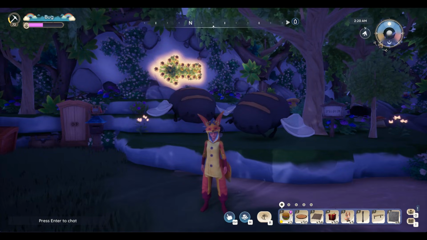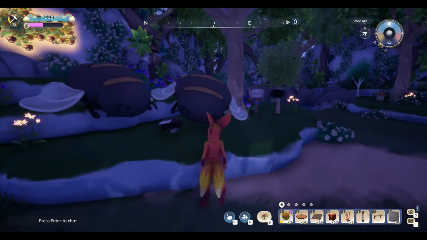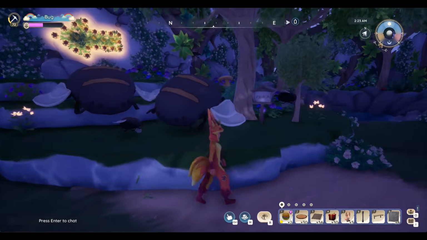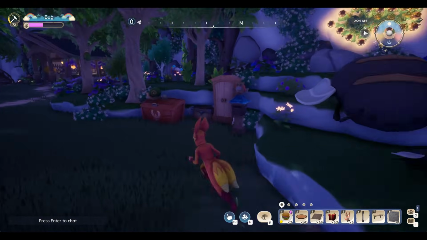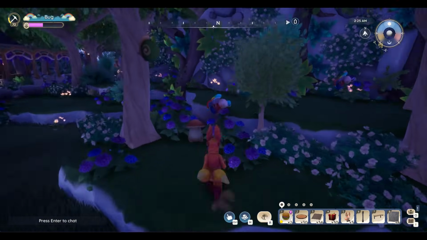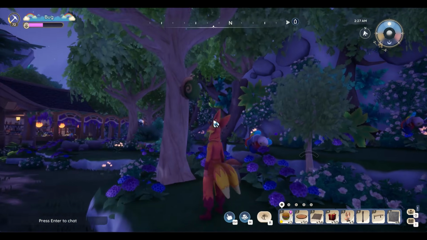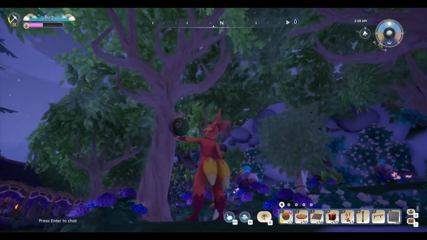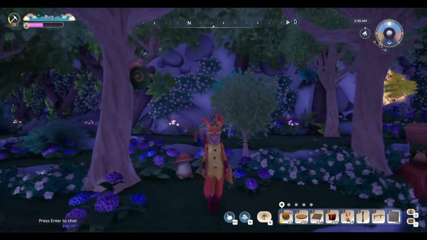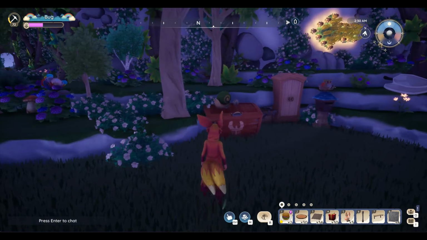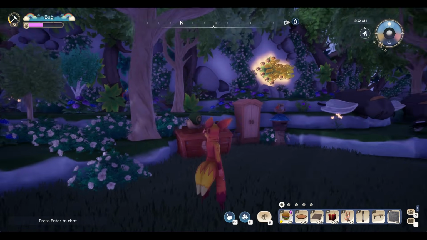So what do I mean when I say sinking and floating? Well, floating is probably easy to understand. It just means things that are floating, like these bees here. You see they're floating up above the ground, or these butterflies too are floating. But it could also mean something like this snail here that's placed at an angle up on a tree, somewhere that you would never expect to be able to place it. Or even these plushies here that are placed on top of the building blocks, somewhere you would never be able